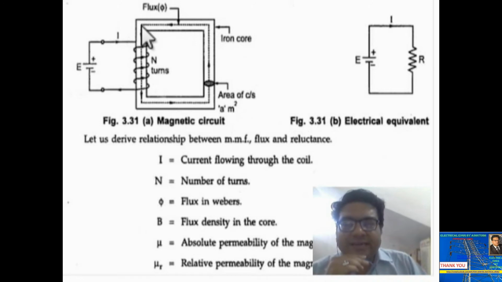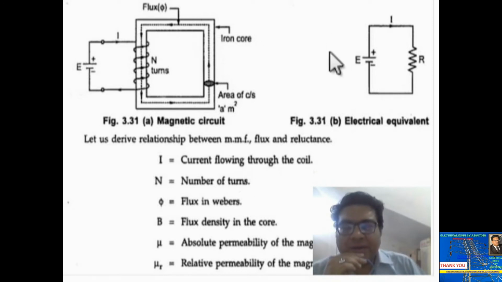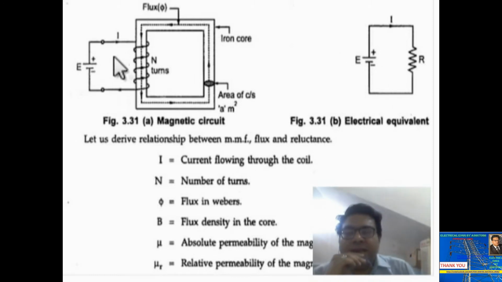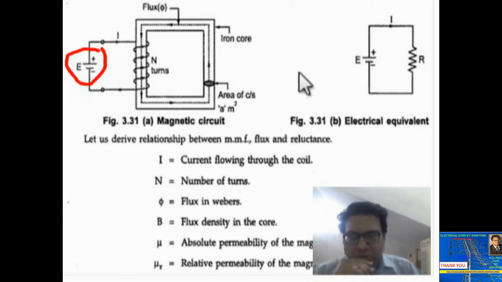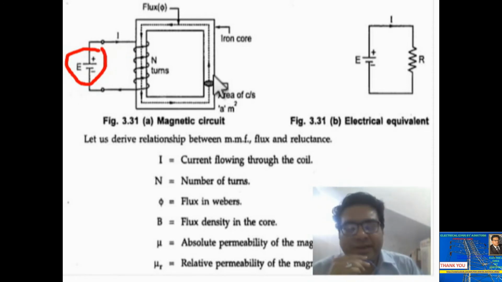You see, there is a rectangular core. This is the rectangular core made of iron, made of silicon steel or cast iron. So guys, here you can see, there is a winding wound on this limb of the rectangular core, and there is a supply voltage, a DC supply voltage. So guys, there is a current passing through this winding. Okay, then after excitement, there will be flux set up in the magnetic core.